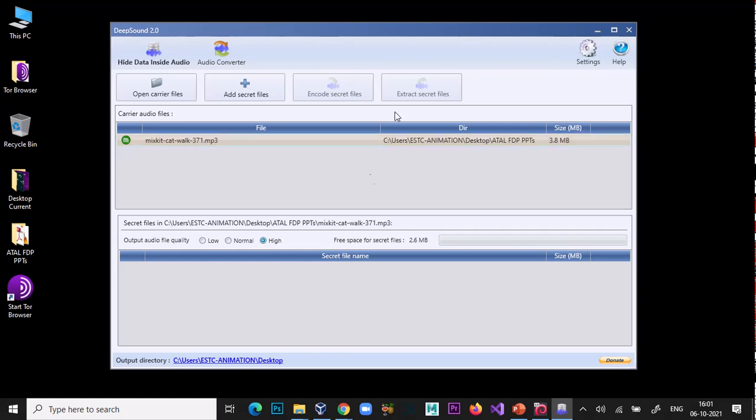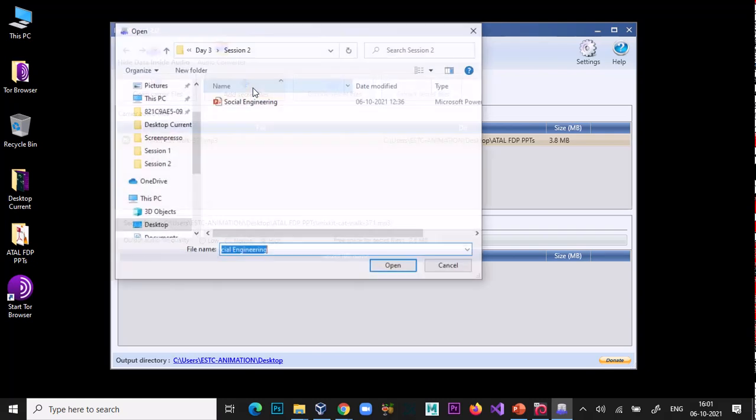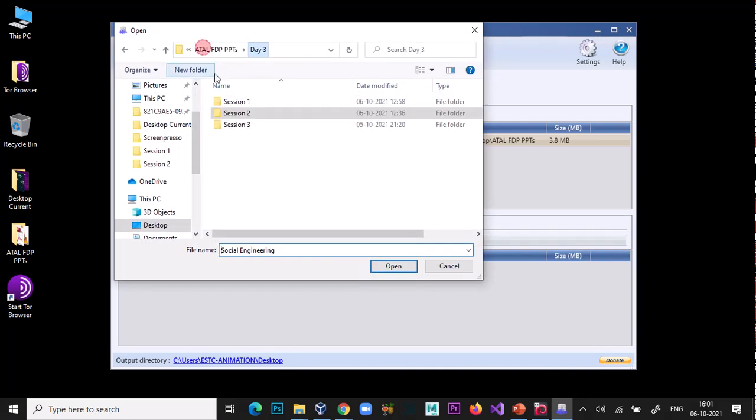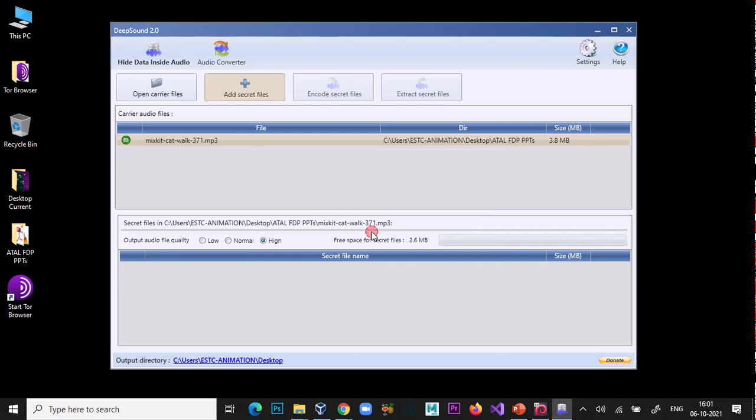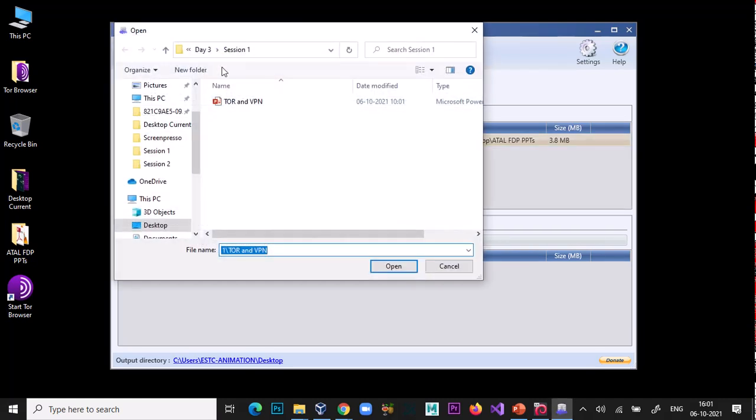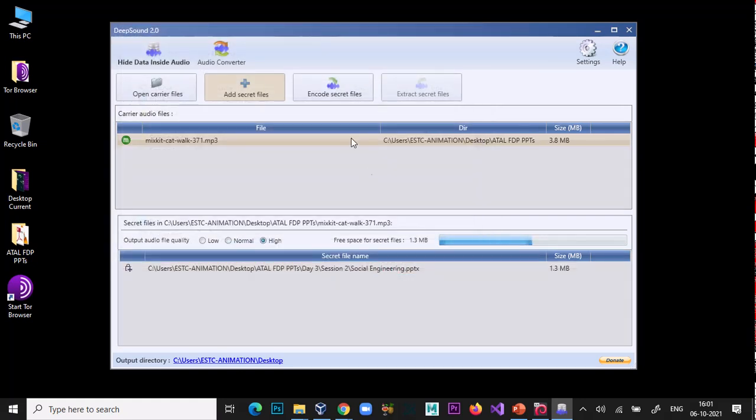You just click on high, add secret file. Sorry, actually I have selected the Tor and VPN file here. It's longer. So, the social engineering file.